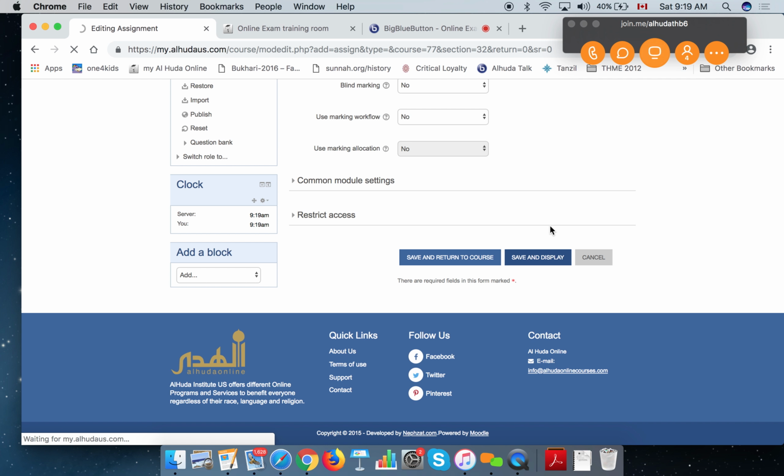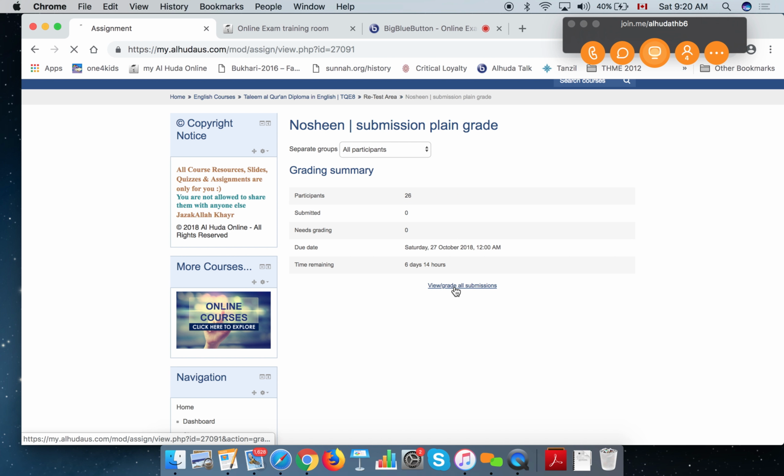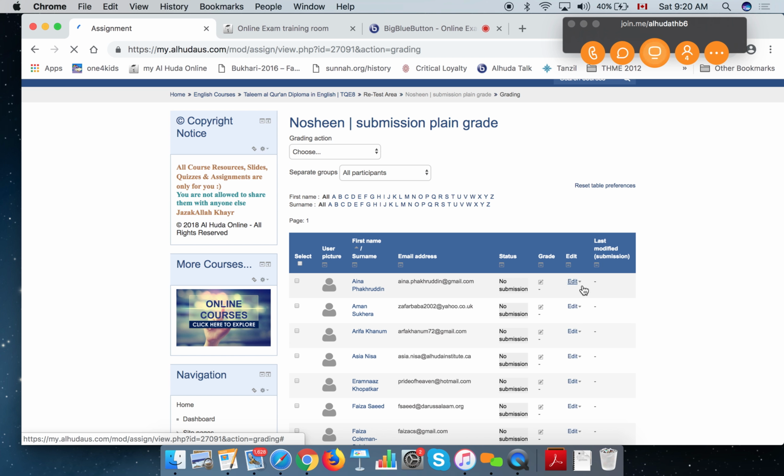It will show us the simple grading method, which you have probably seen for the students. All right, so this is what it's showing because I didn't give any description, so there's nothing here. But if I had a file uploaded, the file would be here and the description would show up right at this spot. And it is for all participants, and there we can go to view grade all submissions. It will have a list of all the students that we can grade. And if we go to edit grade,